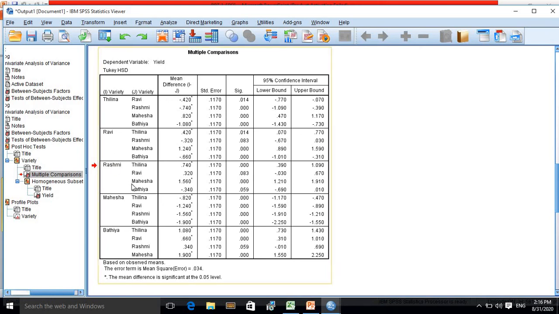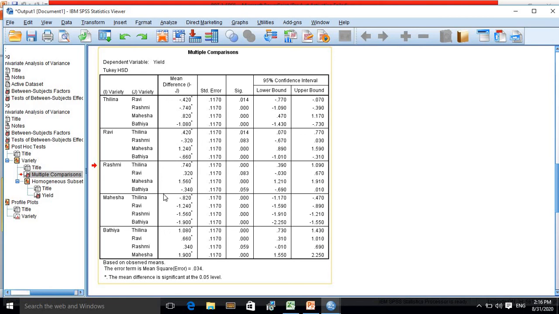When you compare Rashmi with Mahesha, the obtained p-value is again 0.000, which is less than 0.05. Then you can say that there is a significant difference between Rashmi and Mahesha. When you compare Rashmi with Bhatia, the obtained p-value is 0.059, which is greater than 0.05.